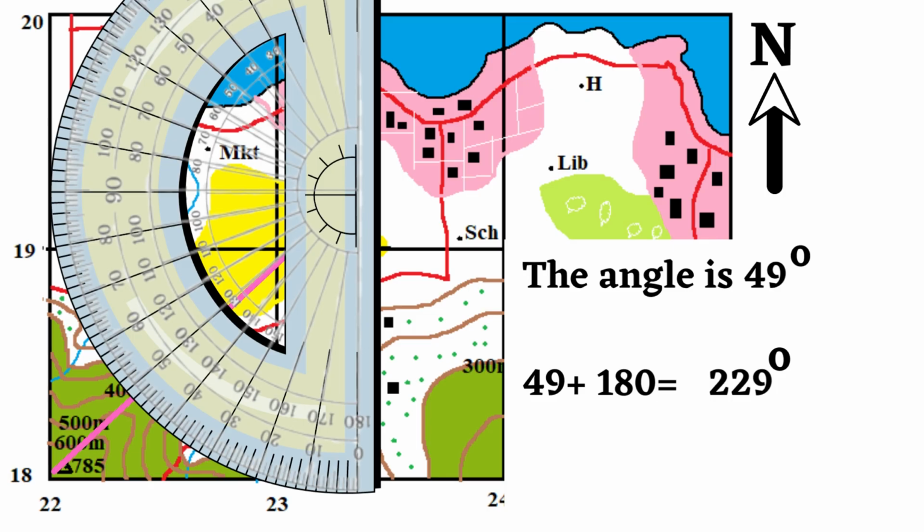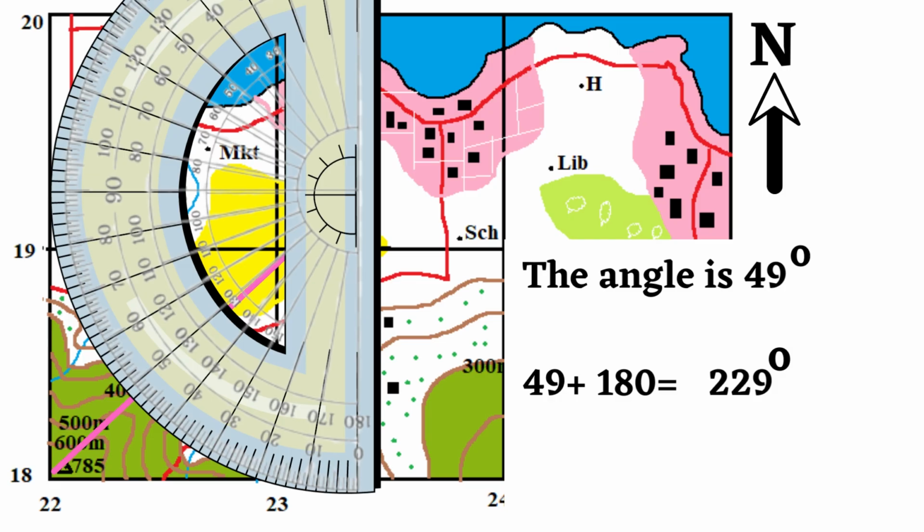Now, all we have to do is to read off the angle from the protractor. This looks like 49 degrees, but remember that this is not the full answer. We will have to add 49 to 180, and this will give us